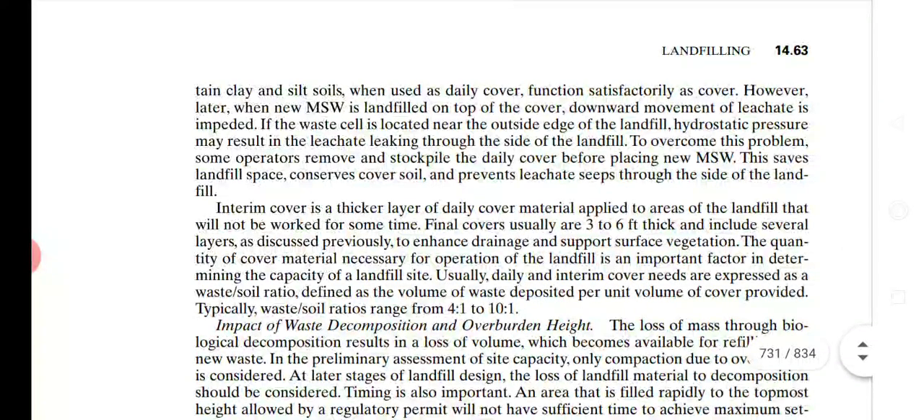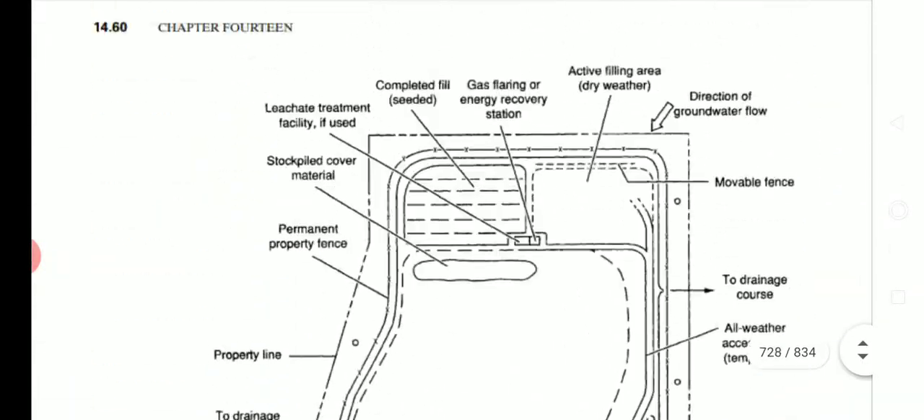And next we have location restrictions. Other things what we have is